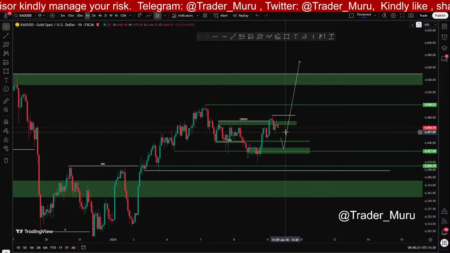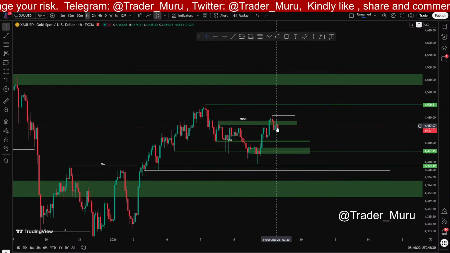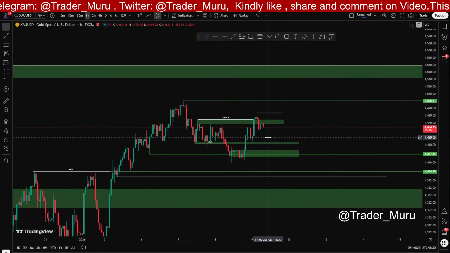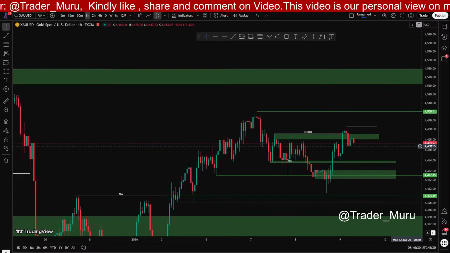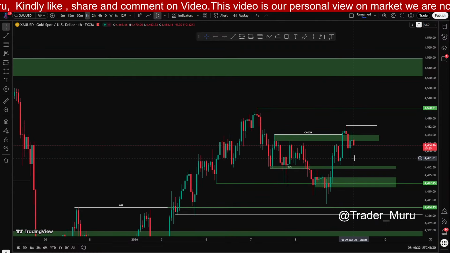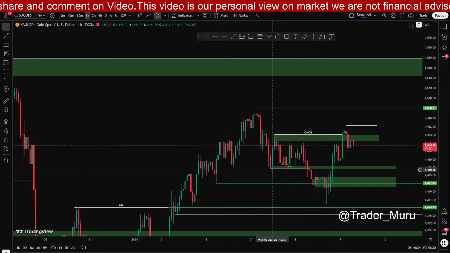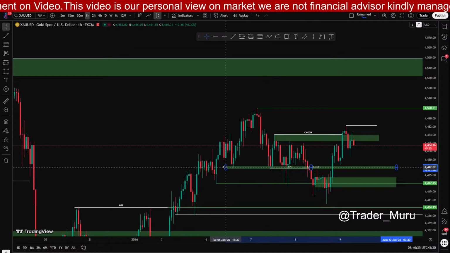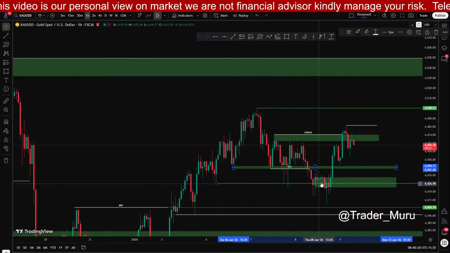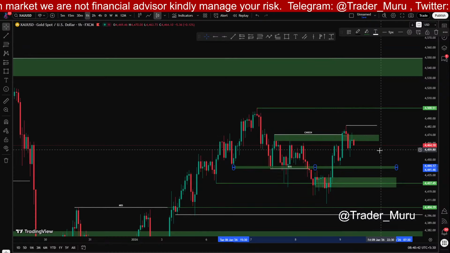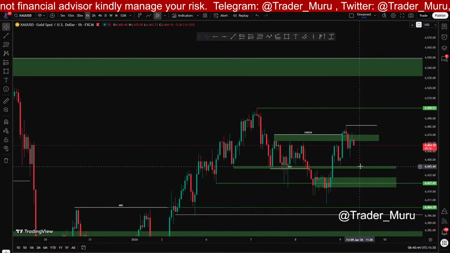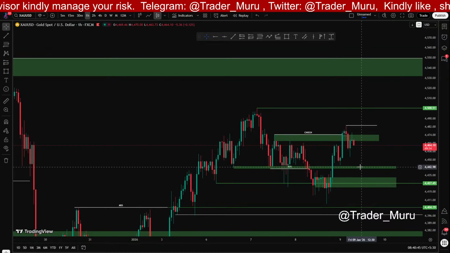So currently price is bearish to these areas around 4444, and most probably in this kind of scenario price does not test this area because it has a strong support here, and this was the fake out. So price is likely to test this area and again pump. I'll be watching for the first buy possibility from here,